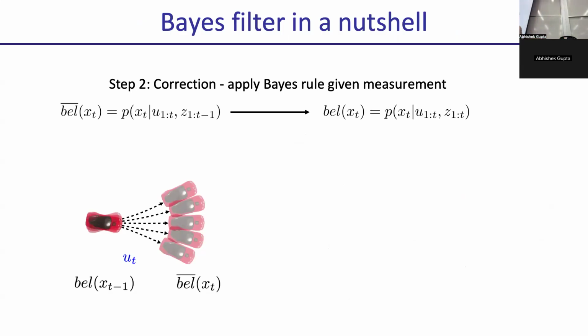So belief at xt is going to be, again, if you focus on the indexing, it's incorporating the latest action and the latest measurement. Okay? And so the only difference between belief bar and belief is that you've added one extra measurement on the right. Okay. So we want to express this using the measurement model. So let's say we had a measurement model of P of zt given xt. We want to express belief bar in terms of belief using the measurement model.